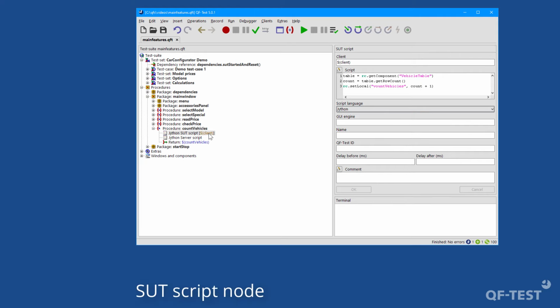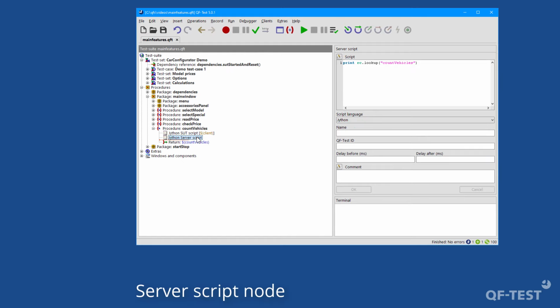There are two kinds of script nodes available: SUT scripts and server scripts. SUT scripts run within the application under test, and so they can access the application under test and check and read any property of the tested application. Server scripts can be used to implement any arbitrary code which is required for your test cases.